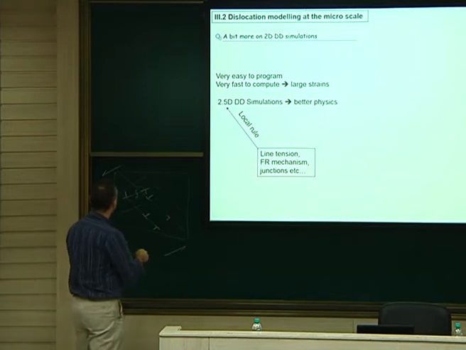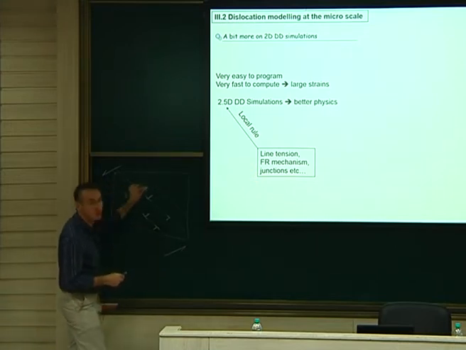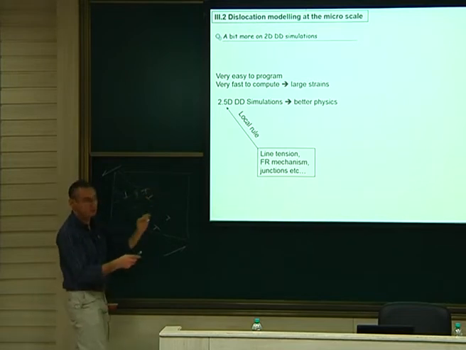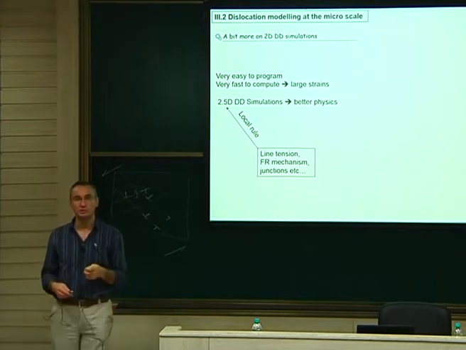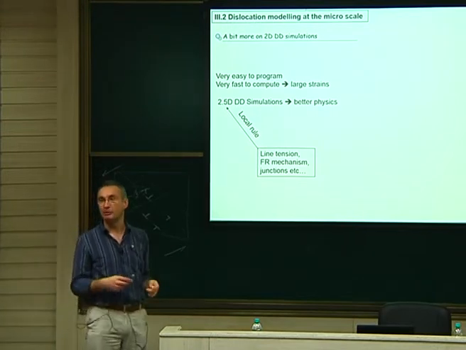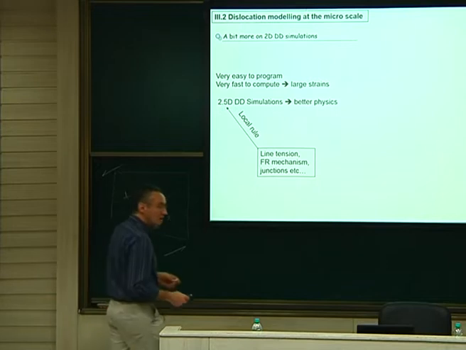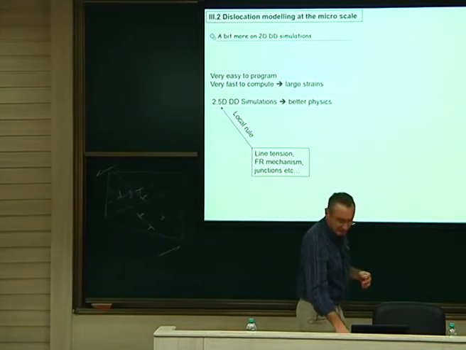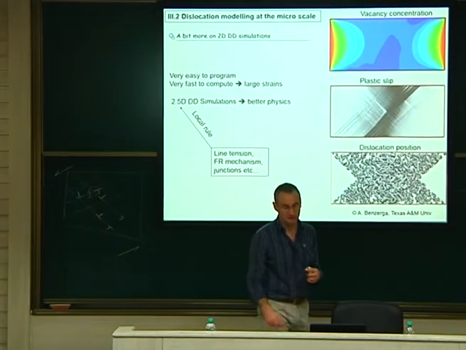Okay, the Frank-Read mechanism, they put that, all this is done. The Frank-Read mechanism means that there is a critical stress to emit dislocations at your source, so this depends on the length of your source. So this is a parameter in the 2D simulation. Although you don't have the length, they put this as a parameter. Okay? And so I think I didn't write the name, I should write it. I will change that in the PDF.